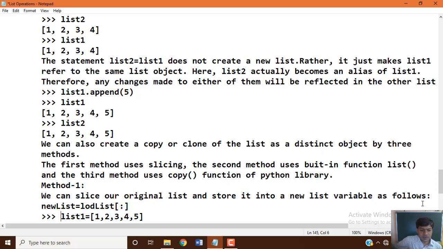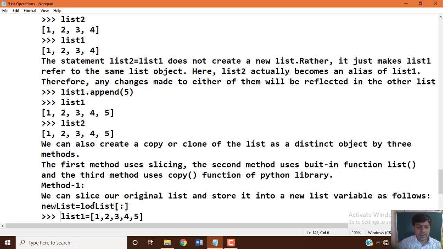The first method uses slicing. The second method uses the built-in function list. We also saw this list function in an earlier class, the way how we can make use of it. And the third method uses the copy function of the Python library. So these are the three different ways in which you can copy a list to another list in a distinct manner.